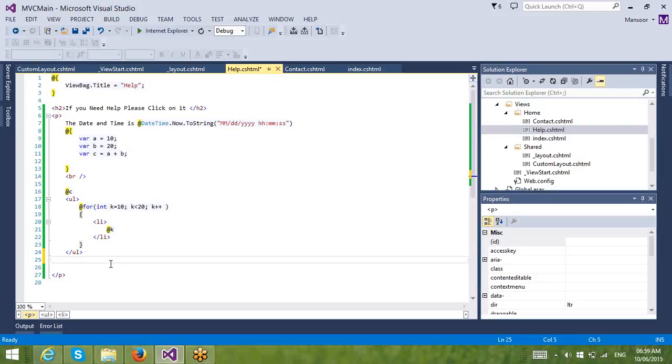So, for simple applications that is fine. Say you want to create some website which does not have too much traffic every day, some 10 or 15 people seeing it. That is fine. But when you want to make a website that thousands of users are accessing every day, then in such cases the traditional ASP.NET web forms technology may not be suitable. So in such cases, you can use MVC. It's going to be much better compared with the traditional ASP.NET web forms. It's much better because the pages you create with views are going to be much lighter,